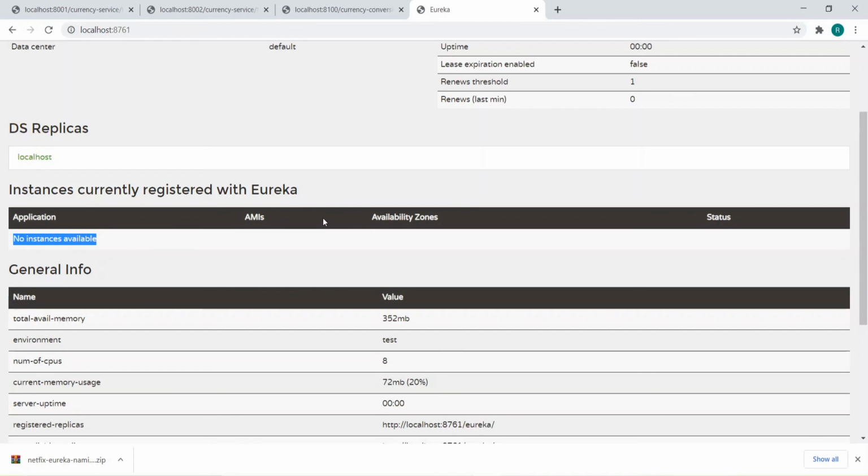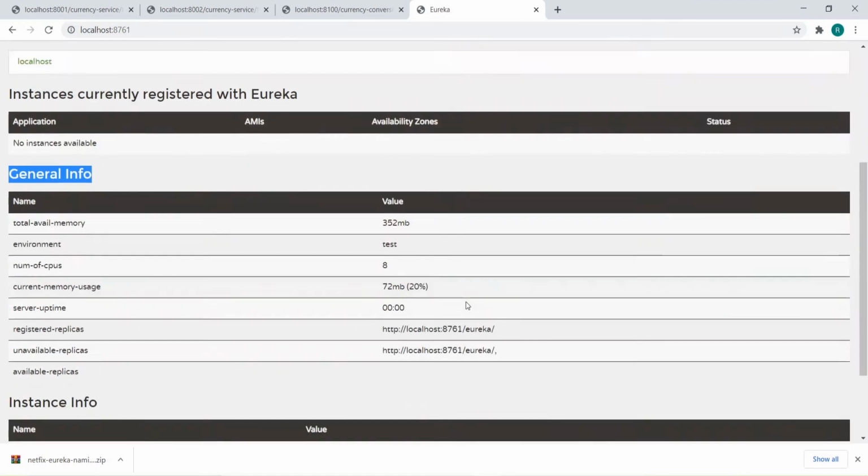We will start the other microservices one by one, like our currency exchange service, currency conversion service. We will start them and see how the instances appear here. It will also give you general information.